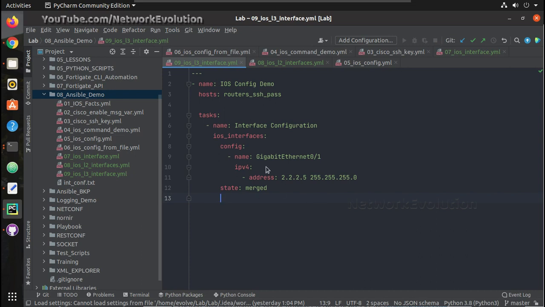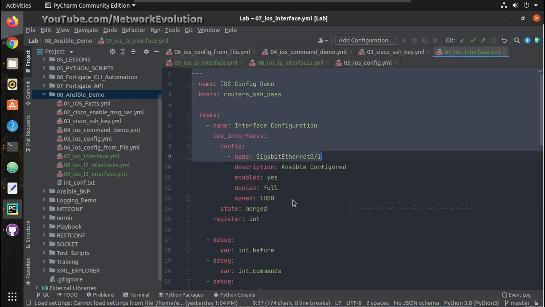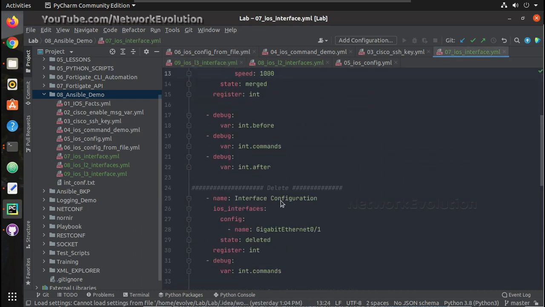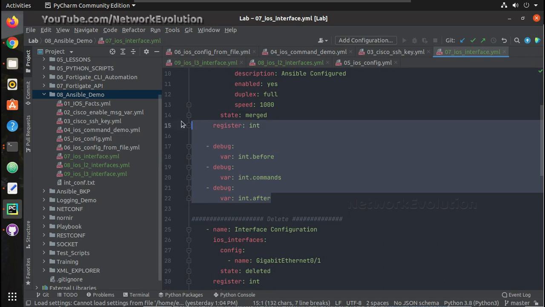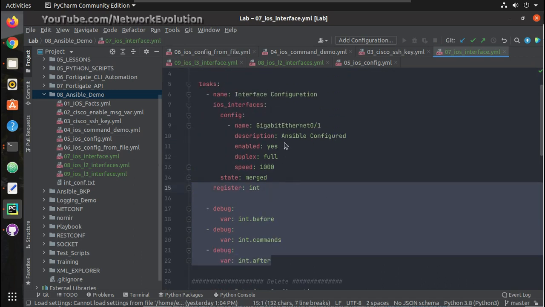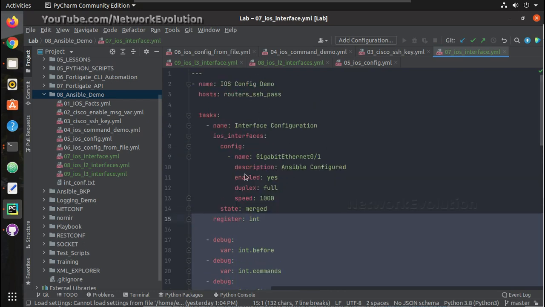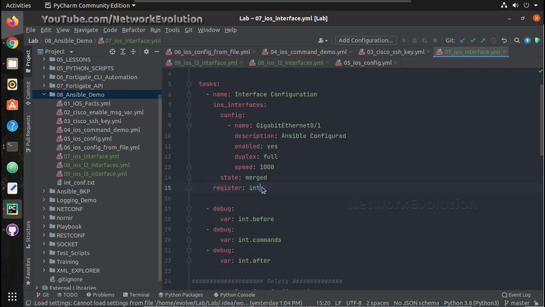I have explained this in the previous video, so we will copy the previous video's syntax. After pushing this configuration, I am storing that into a variable called int, and then I am printing the before state, the commands, and then the after state.